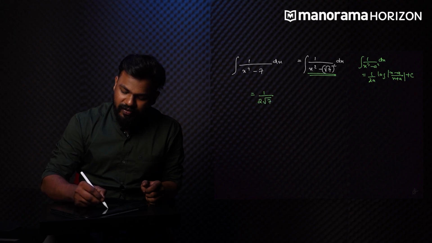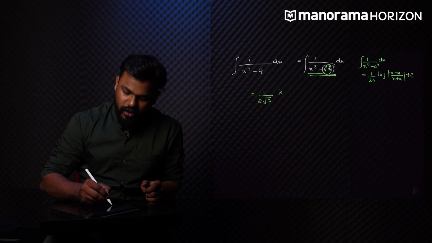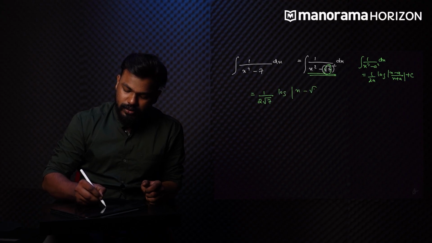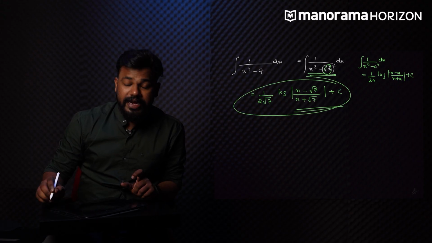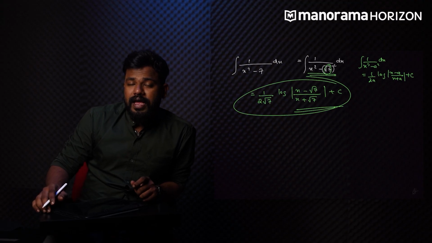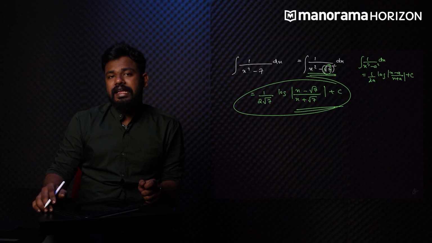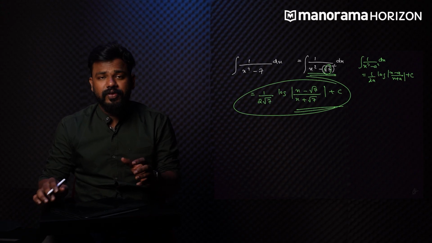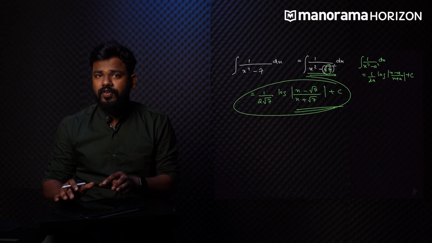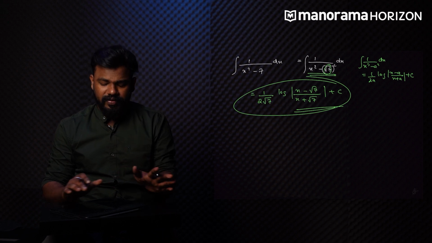In place of a, I have root 7. So 1 by 2 root 7 log mod x minus root 7 by x plus root 7 plus c. So this gives us the integral for 1 by x square minus 7 dx. So that is how we got the integral easily. We have a formula, we use the formula, we substitute the value of a, and we finally get the answer